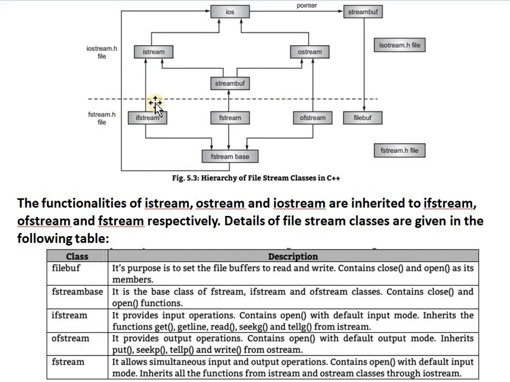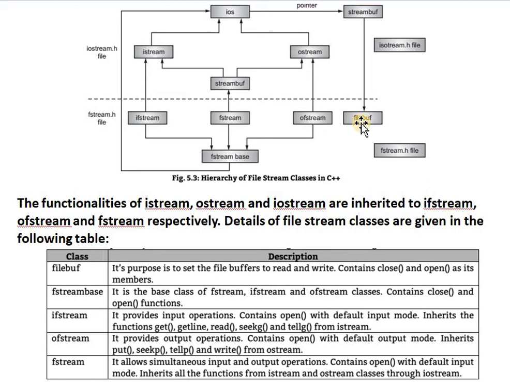That means the ifstream class provides operations for providing input to the file, and the ofstream class provides functions related to outputting the contents of the file. The next one is the filebuf.